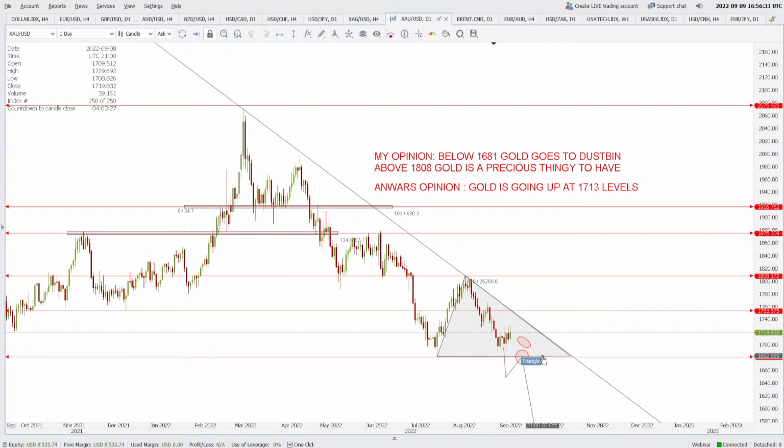1681 is the zone. If this zone is broken, I mean if the price closes the day below 1681, then it will be very difficult for the buyers to push beyond 1681 to the upside. Then it will become a rock solid base, or you can say a rock solid ceiling for the buyers, and price will eventually go lower. So will the bulls try to save the 1681?